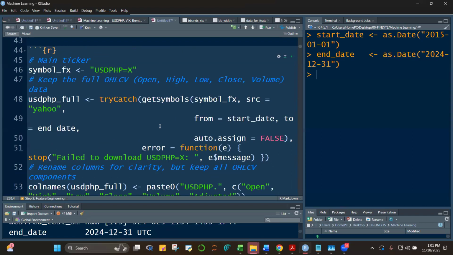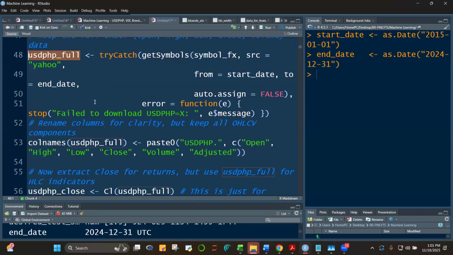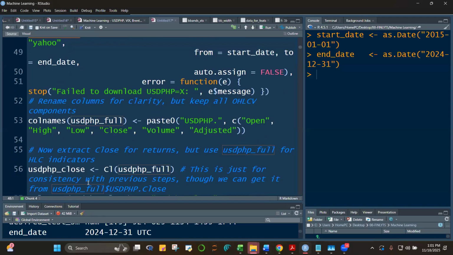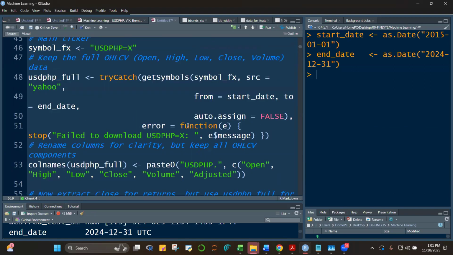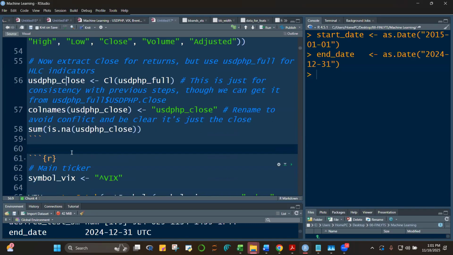I'm loading this. The difference between what we discussed before and now is that before it was only USD PHP. Now I'm renaming it and making it full, so that we preserve the original data, which contains the open, high, low, close, the volume, and then the adjusted prices, and then just create another data for the closing price. If you run this, we get how many missing values are in USD PHP closing,